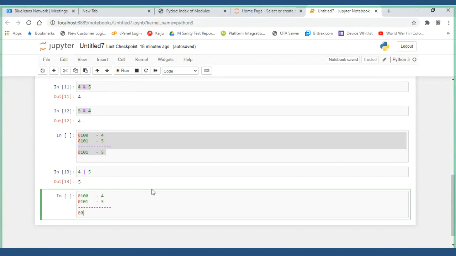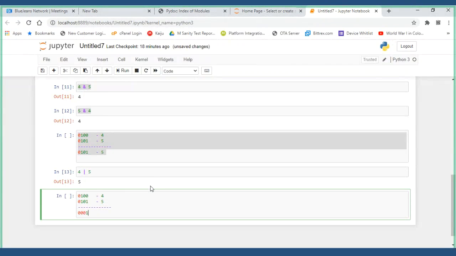If both bits are true, what will we get? 0. If both bits are the same, it will be 0. Now, are both bits the same or not? Yes, they are the same. Now the both bits are different: 0 is the first one, 1 is the second one. So both bits are different.